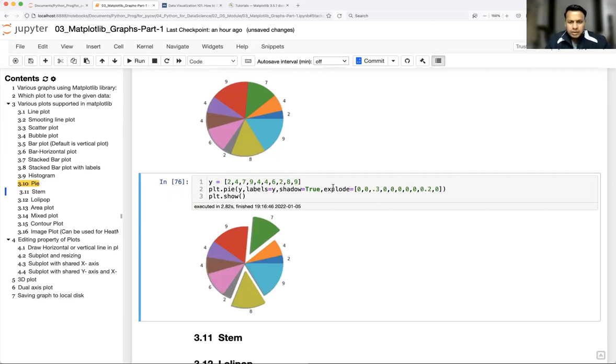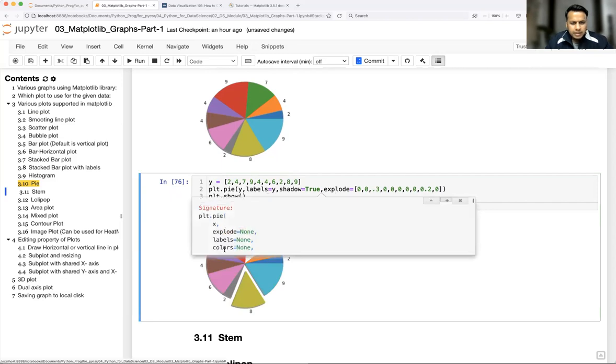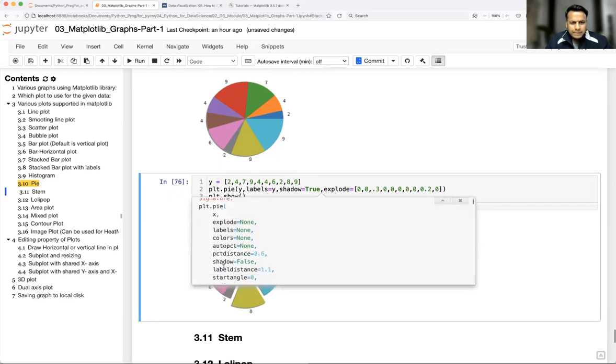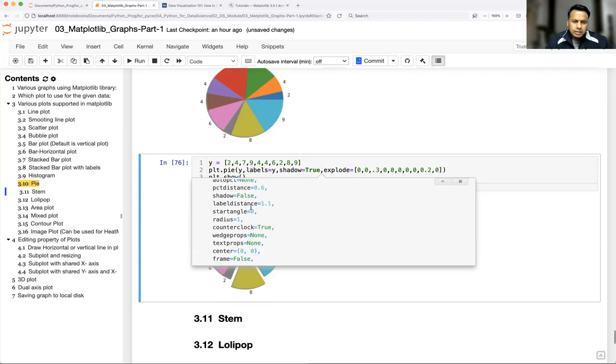Similarly, we have one more thing called center. Let me just see. I think you can control center or some kind of angle. Let me just take a look once. Using that particular parameter, you can control where your label should be present. Will it be outside or will it be inside? Okay, center 1, 2, we can give